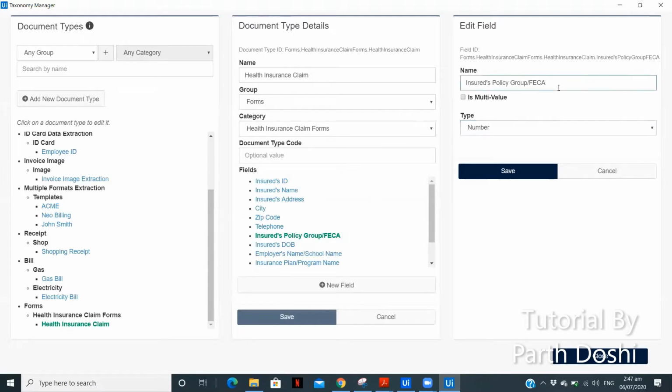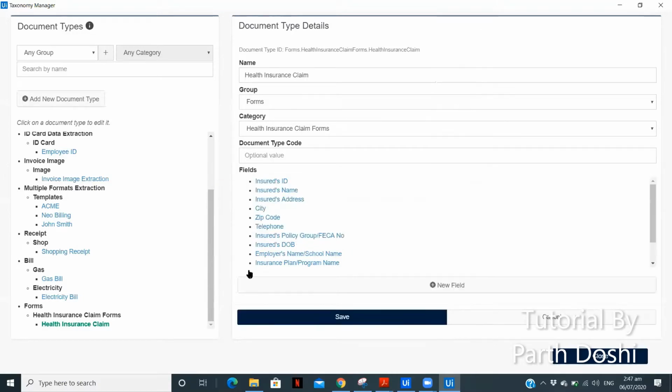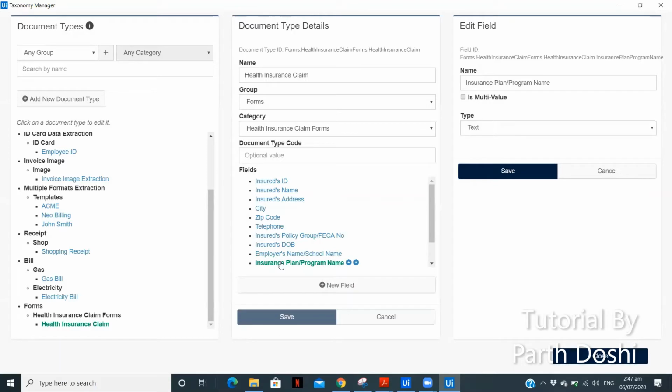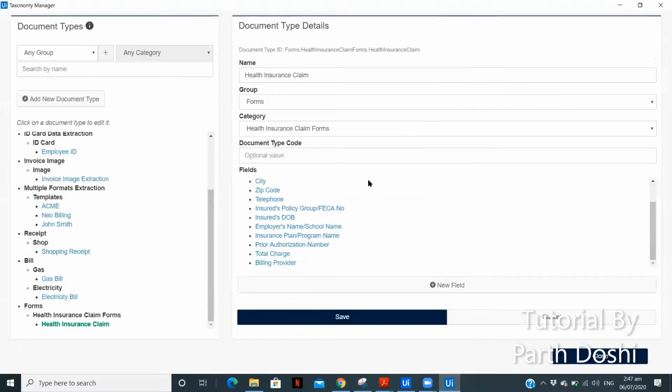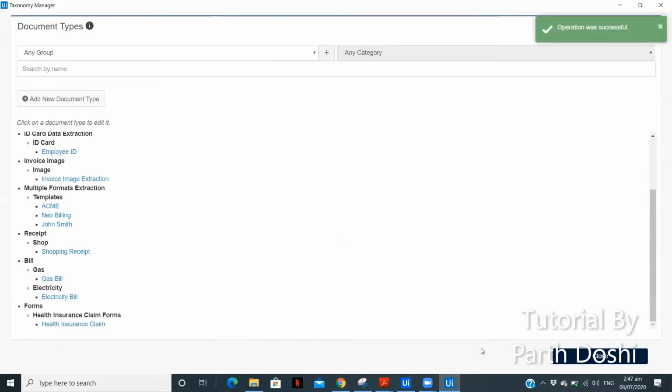Let me just mention number here. Then is date of birth. Okay, so we have to save it. Then is school name, plan or program name, prior authorization number, total charge, and the billing provider's address. We are going to extract all these details from that particular form which I showed you at the start of the video. So this is how we created our taxonomy.